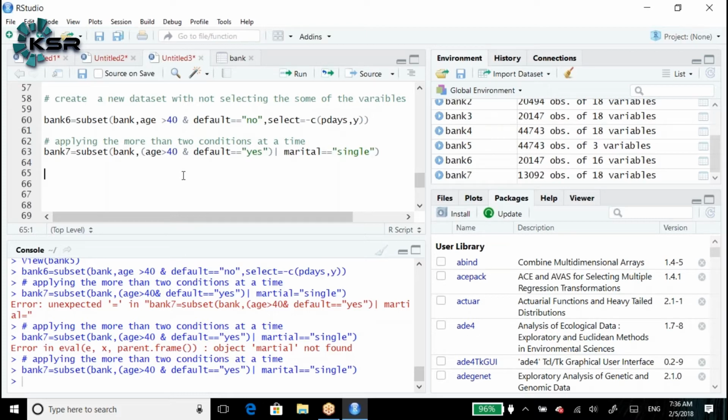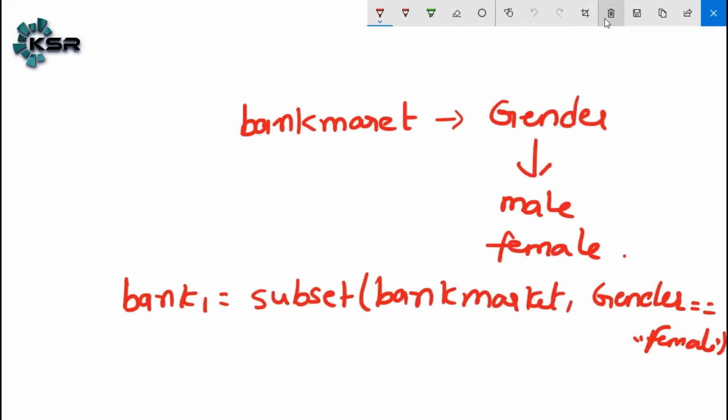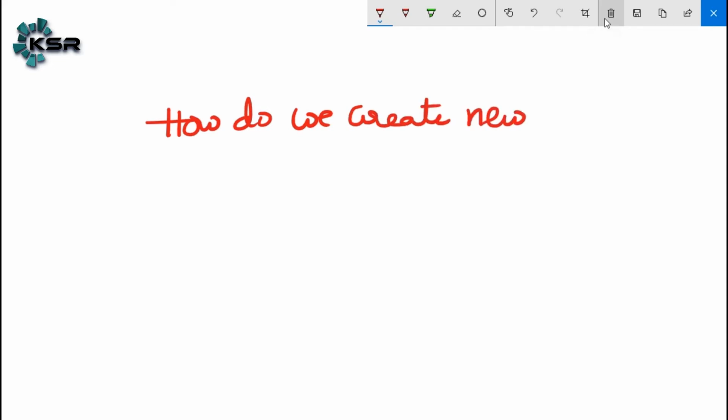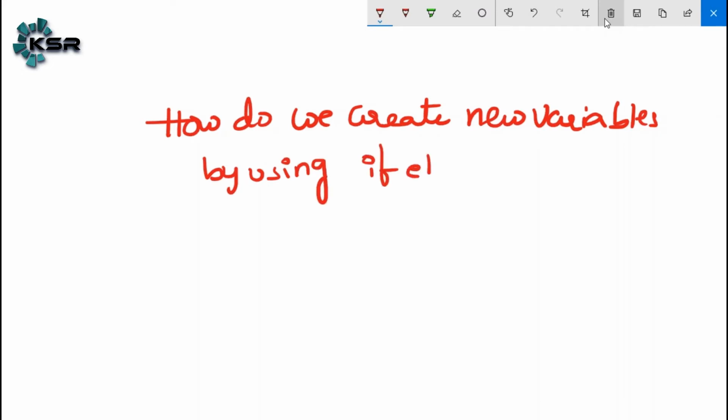How do we create new variables or flags by using if else conditions?